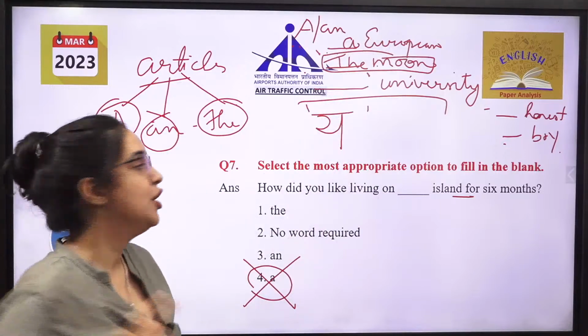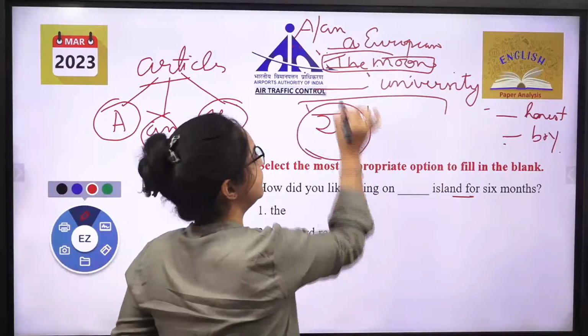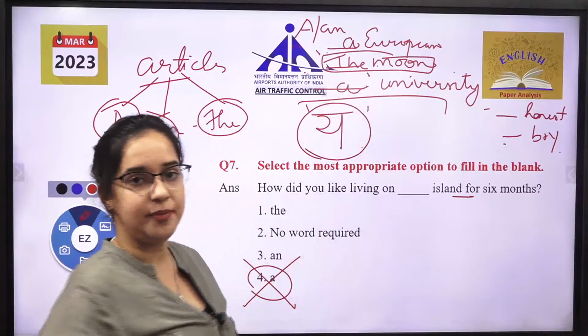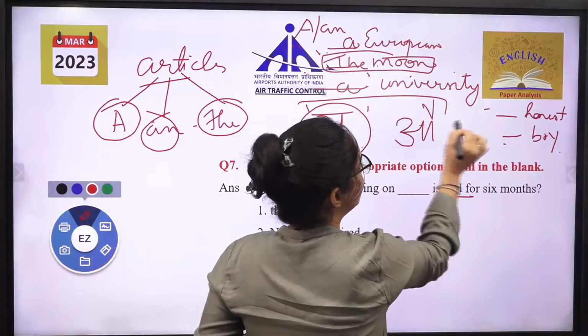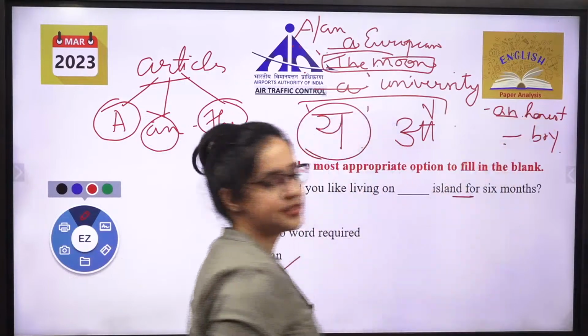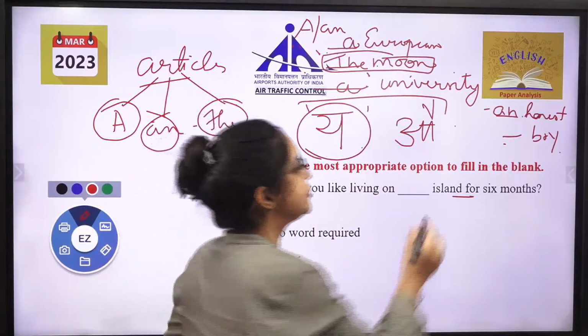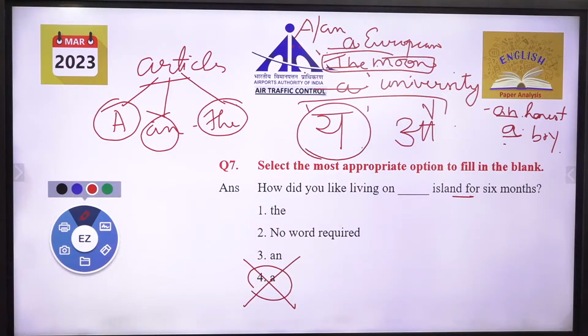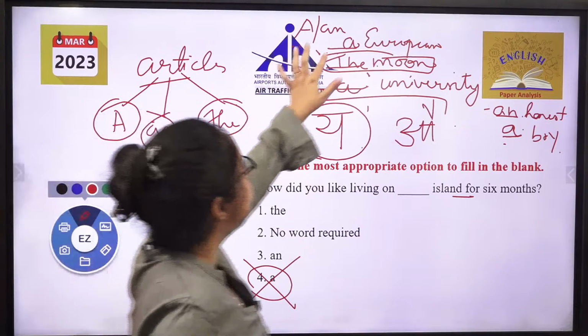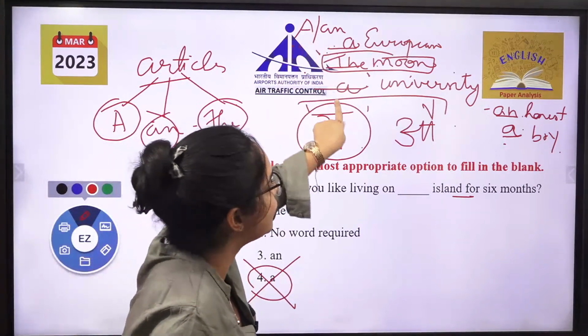University, same way. University sound is with also y. That is why a university. Honest, honest की sound होती है o वाली. O. So that is an honest. And boy की b. That is also not there. So it is a boy. Clear with this first, which is very important. Where you have to use a, where you have to use an, and where you have to use the.